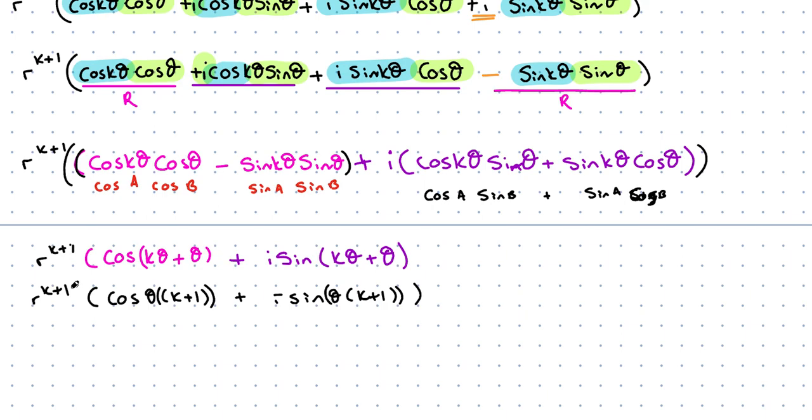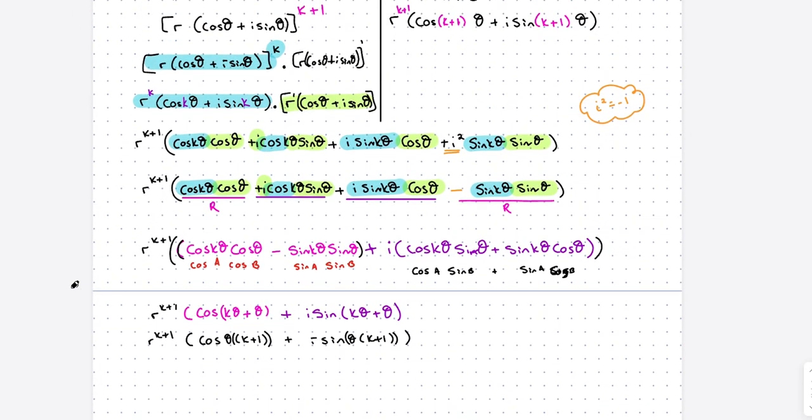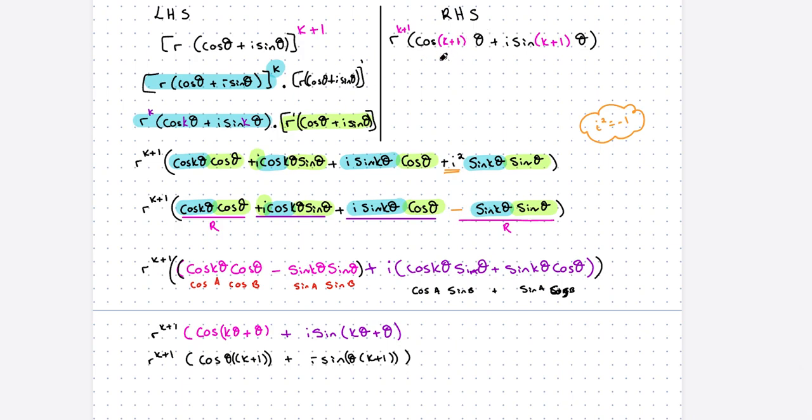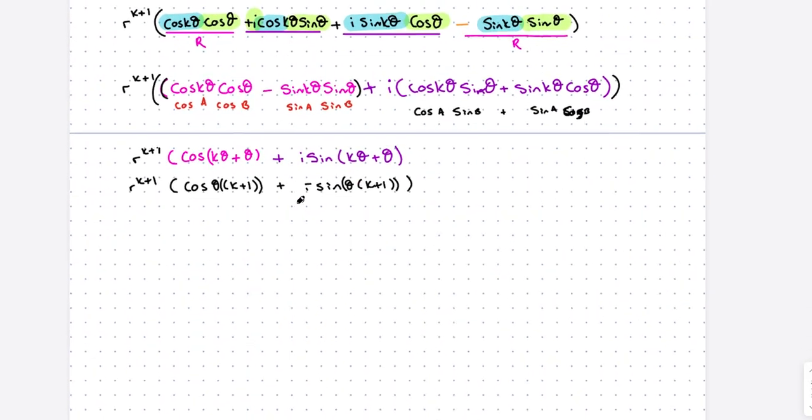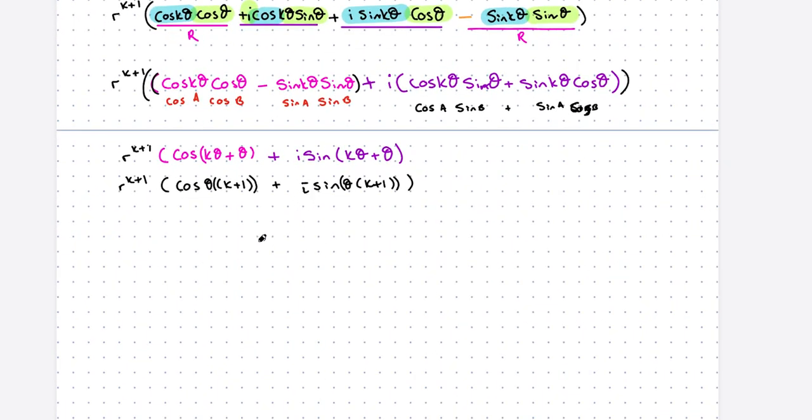Now, if I go back up and zoom out and look at what I wanted: I wanted r to the k plus 1, and cos of theta by k plus 1. Now I have k plus 1 by theta, but multiplication is commutative, so it's the same. So I have now shown that my left hand side equals my right hand side,